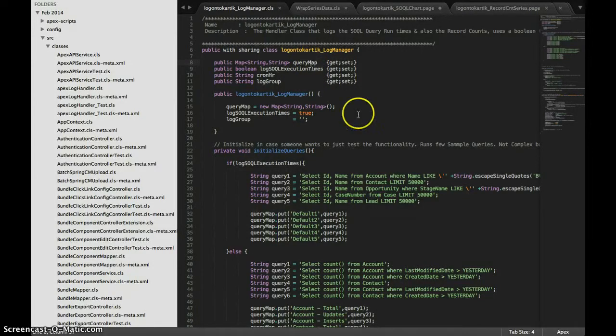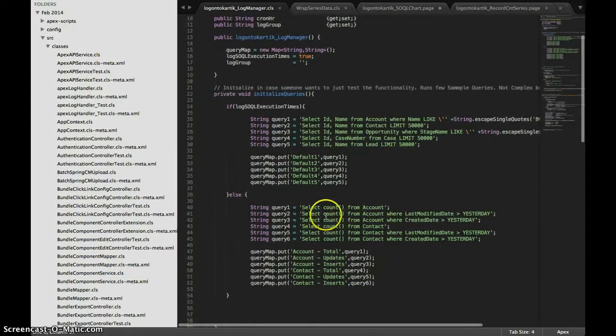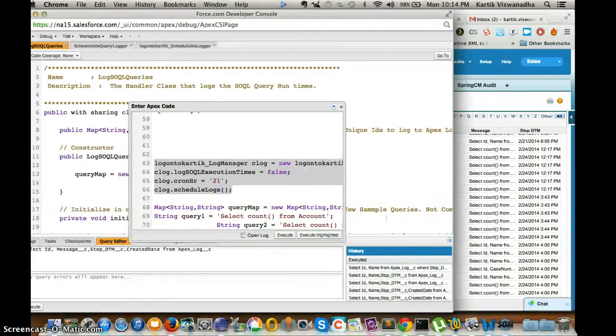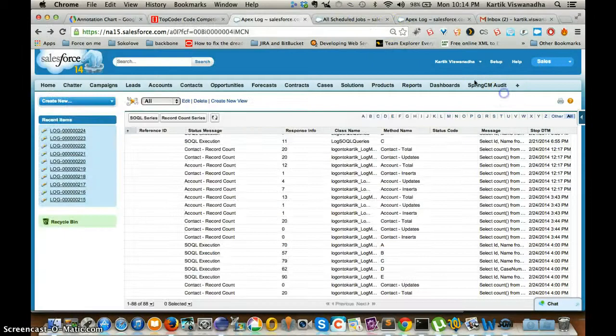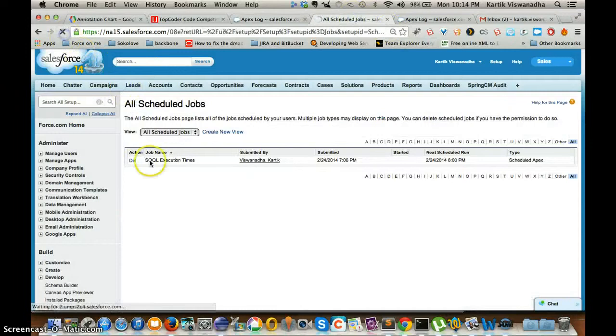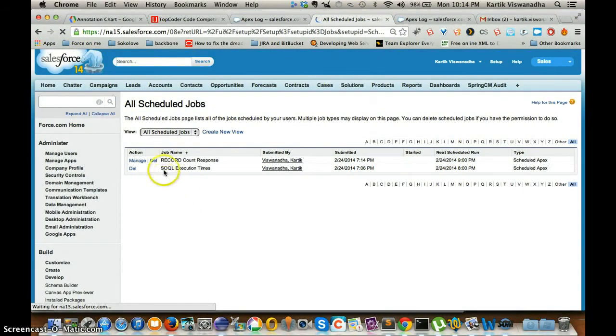We define it using these values, like select count, or any query that returns you the count, and you can just call the schedule logs method. So let's do that. So you can see that record count response.